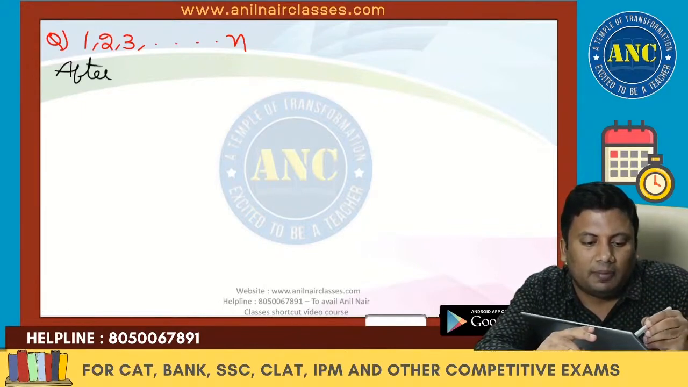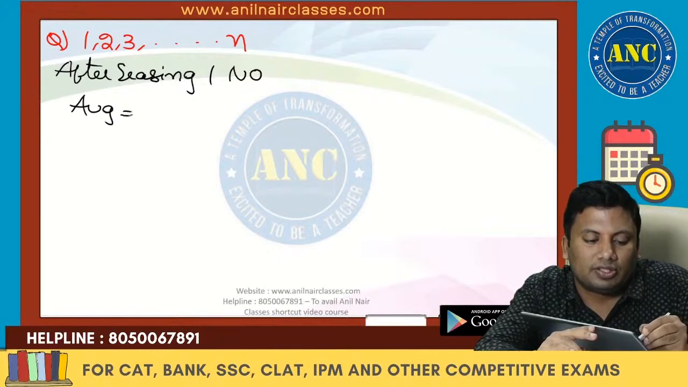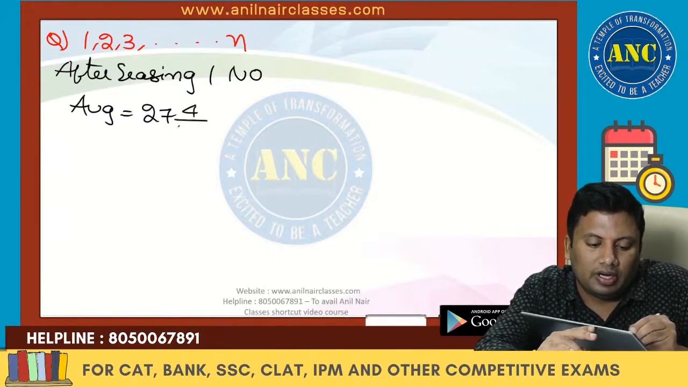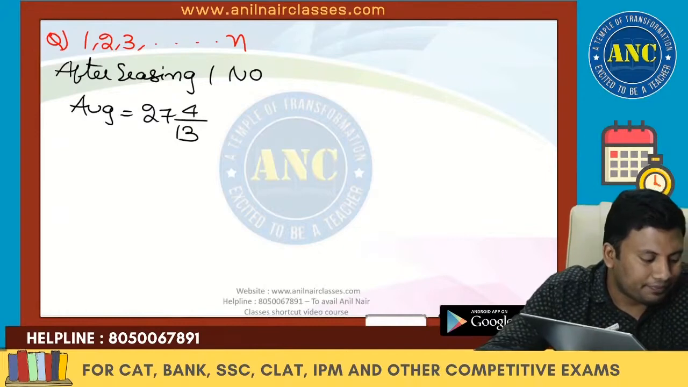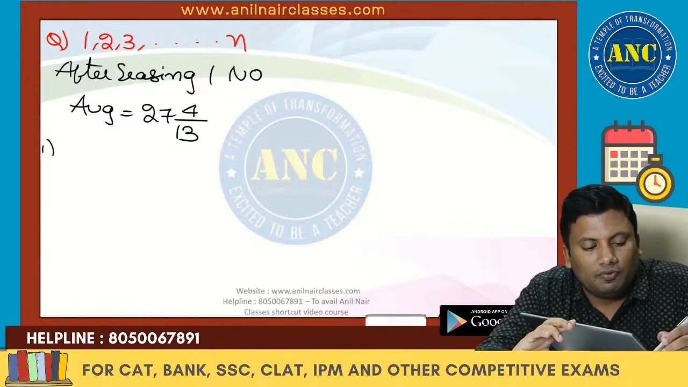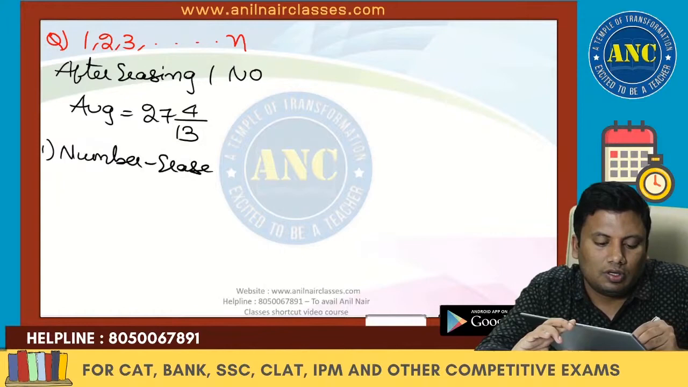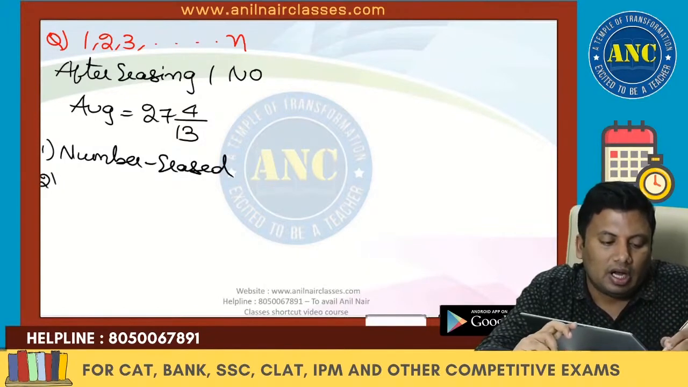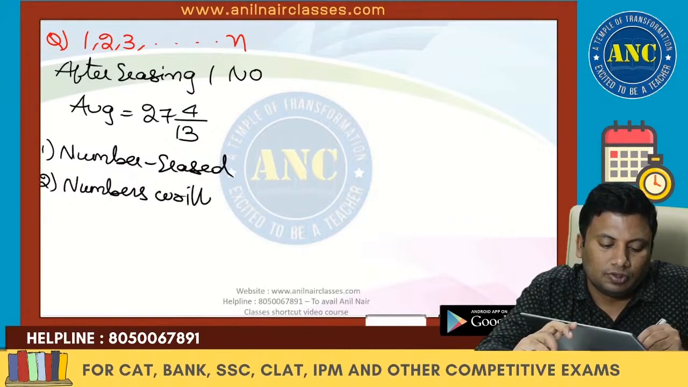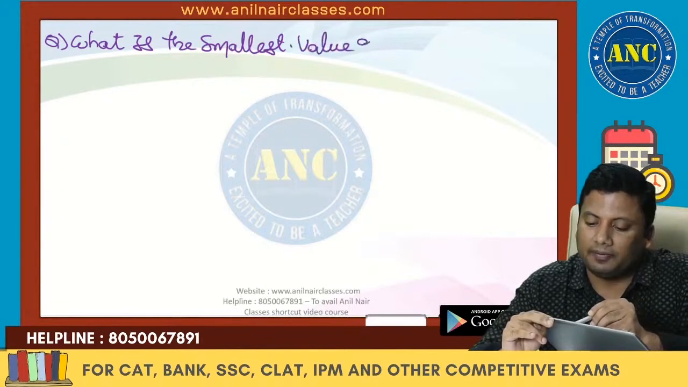After erasing one number, the average of the remaining numbers was found to be 27 4/13. Which number got erased? How many numbers are written on the board? What is the smallest value of n